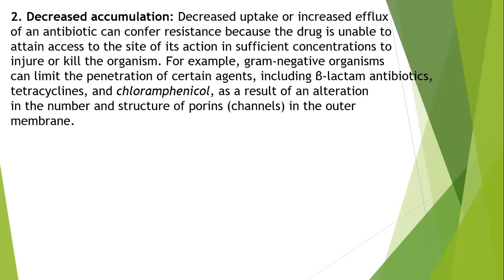Example عليه gram-negative organism can limit the penetration of certain agents, including beta-lactam antibiotics, tetracycline, chloramphenicol, as a result of an alteration in the number and structure of protein فيها channels in the outer membrane. يعني راح يصير عندنا decrease accumulation. ليش؟ لأن بعض المايكرو أورجانيزم example عليها مثلا gram-negative organism يقل اختراق